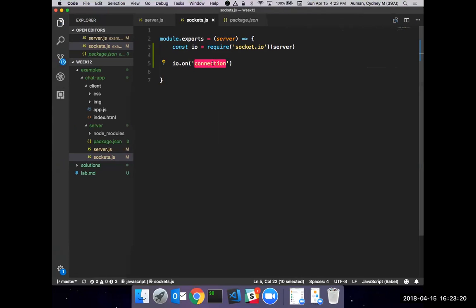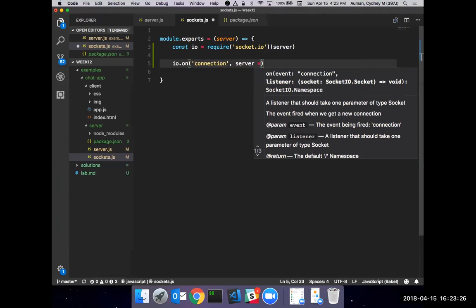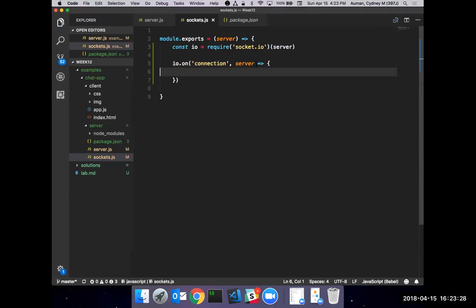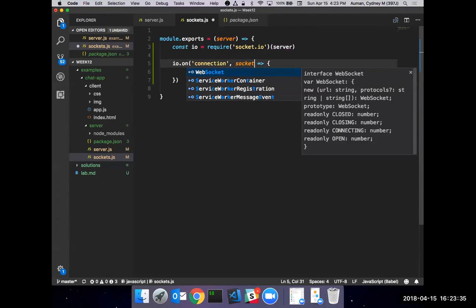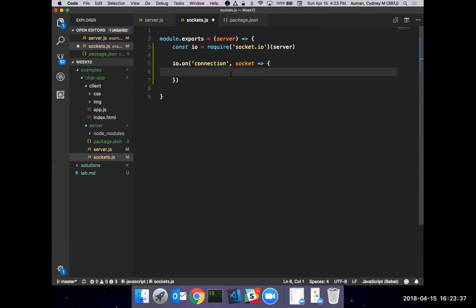The API is written to listen for this event, and when this event happens inside of this library, it's going to return a socket object. That guy right there. So when somebody connects to our server via WebSockets, running on our localhost, this method right here is going to be fired.